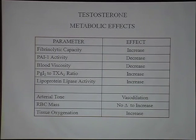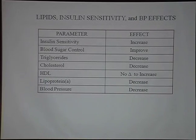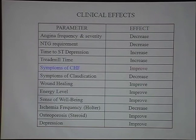Testosterone is the heart hormone for men. Testosterone has so many benefits for men with cardiovascular disease. It makes your blood less viscous, it decreases your risk of clotting, it helps you dissolve blood clots, it has a favorable effect on fish oil metabolism, it dilates our arteries, it improves tissue oxygenation, it improves insulin sensitivity, it improves blood sugar control, it lowers lipoprotein A,